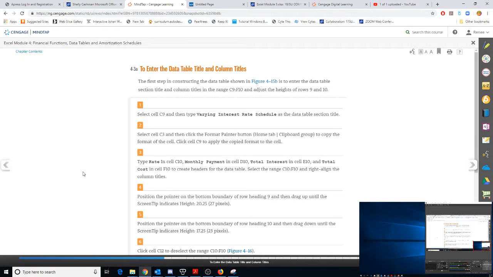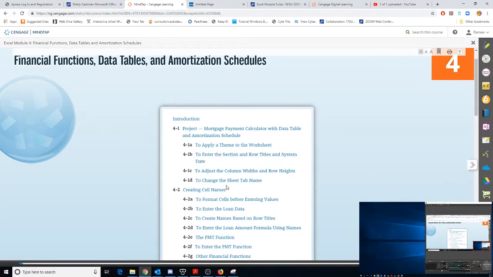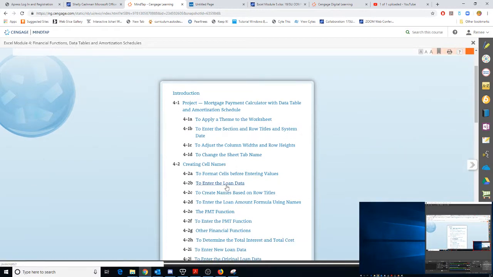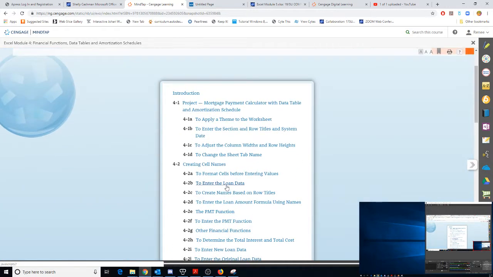And each of the textbook chapters has a chapter content section, and they start out with the chapter project. So throughout the chapter, it shows you how to update a worksheet that's the example project, and in doing so it shows you how to do all of the different things that you'll be required to do for the SAM project. So for this project we'll be creating a mortgage payment calculator,